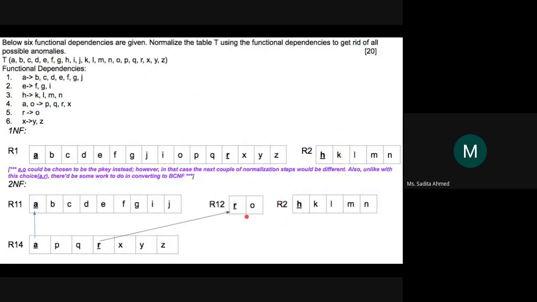R12 তে just একটা non key attribute আছে, so R12 তে কি transitive dependency থাকা possible? No, it's not even possible. R2 তেও transitive dependency নেই, as we can see from these dependencies, KLMN, এদের মাঝে কোনো dependency নেই।